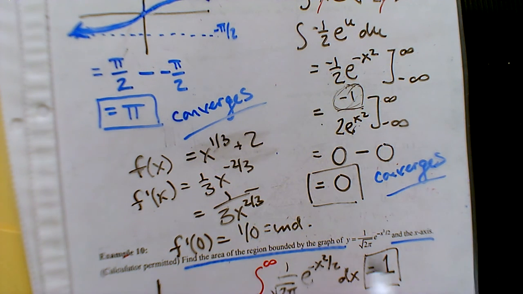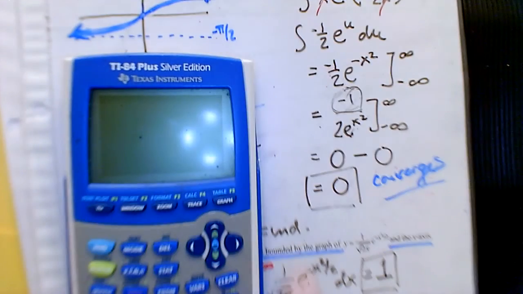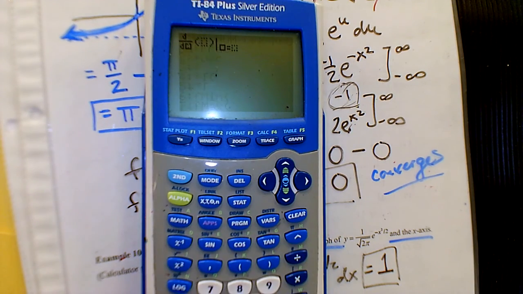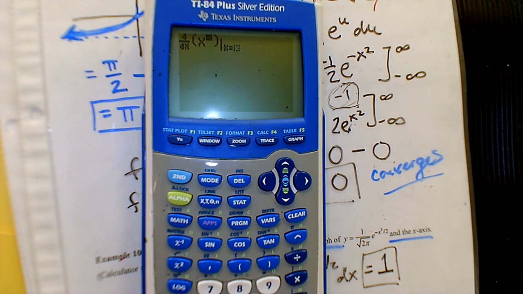So graphically speaking, if a derivative doesn't exist, we know it's a sharp point, vertical slope, endpoint, something like that, right? If you were to use your calculator, math 8, you know how you can type in derivatives on your calculator? If you type in x to the 1/3 power plus 2, and you want to plug in 0,